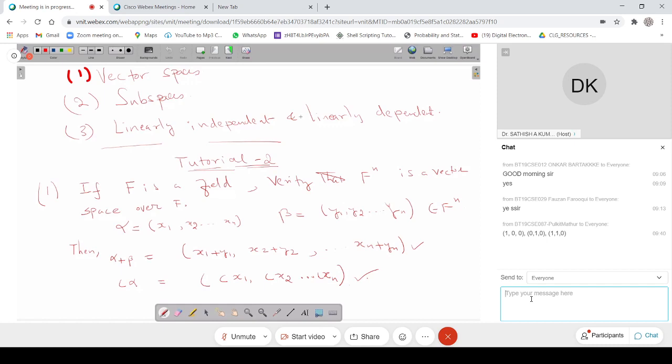And one more thing, before the exam, we will have two quizzes. After completion of linear transformation, we'll have one quiz. Then before the exam we'll have another quiz, and similarly once the mid exam is over, before the final exam we'll have two quizzes. So there are four quizzes we have to conduct. These tutorial problems will be useful for that, so you can refer to them, and each quiz will carry 10 marks. Of course, you have seen last semester also we conducted four quizzes, and in a similar way we can do it.